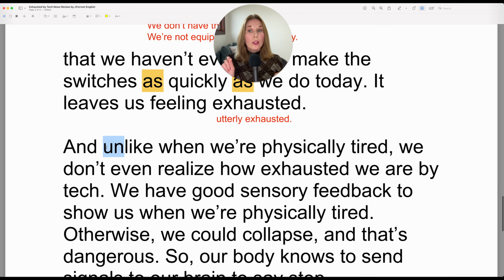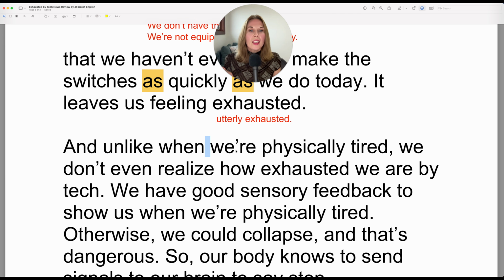Okay, so here is a different prefix. Prefix, pre, you can think of it as before. So pre is before the word. So the word is like, but then if you add this prefix, un, it makes it the opposite. Unlike. But with prefixes, there are different combinations, because with engage, the prefix was dis, disengage. So in this case, it's unlike. And unlike when we're physically tired.